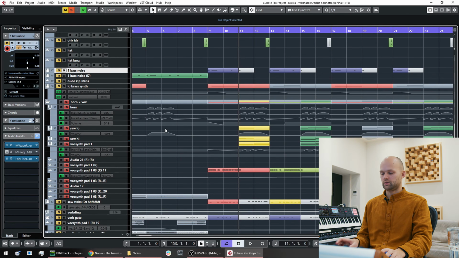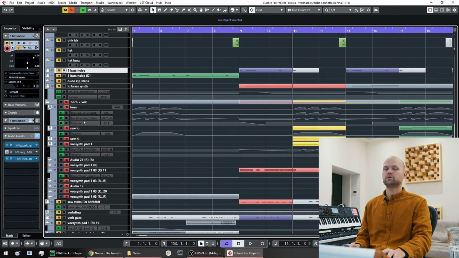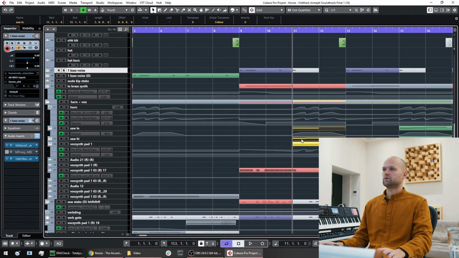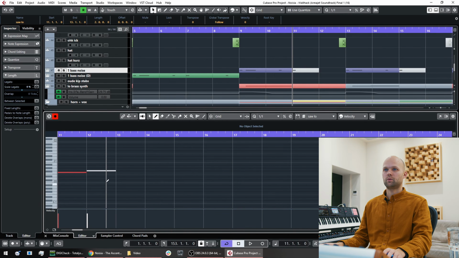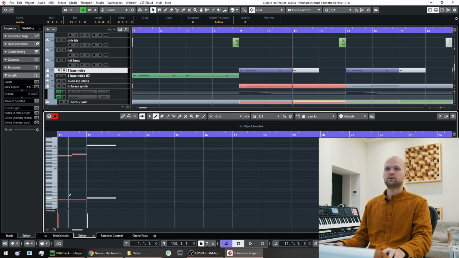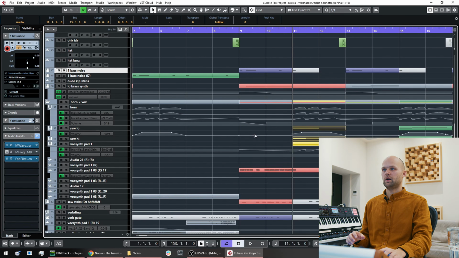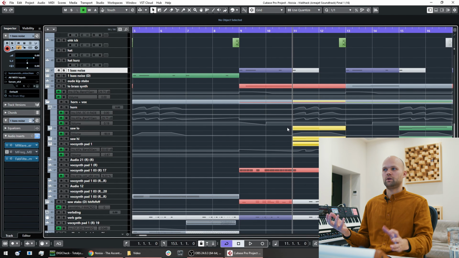I think, yeah, so there's a group of the horn and all the vocals. This horn is made out of two separate saw synths that are playing different notes. So what happens here, as you can see, is an F and then a G and a G sharp, which is like the second and the minor third. So it's playing a chord, which you don't hear as a chord, you're hearing one note. That's because